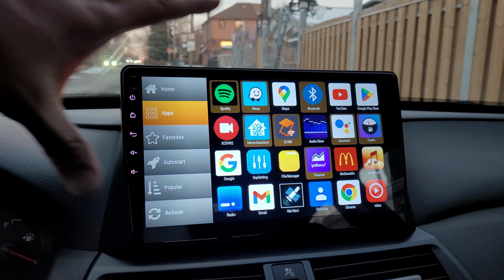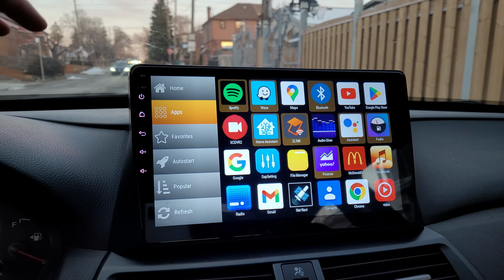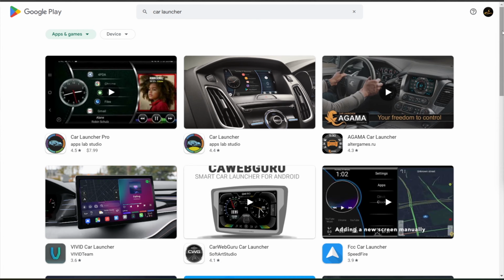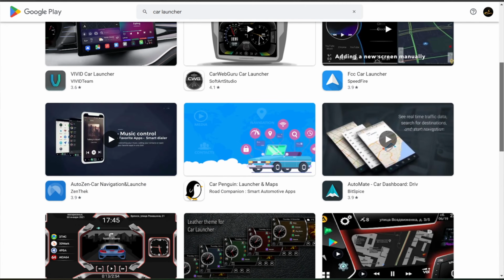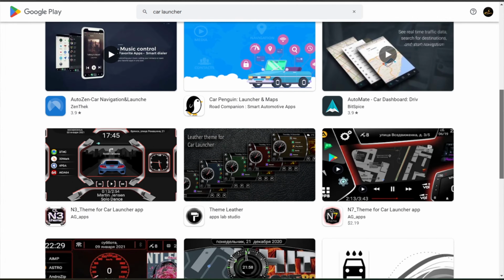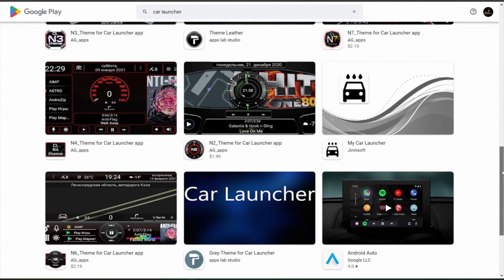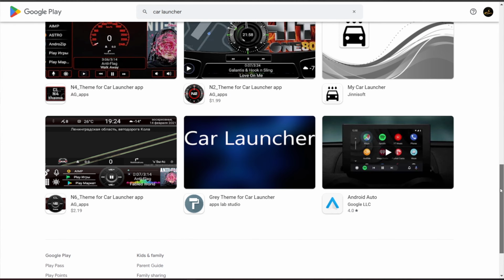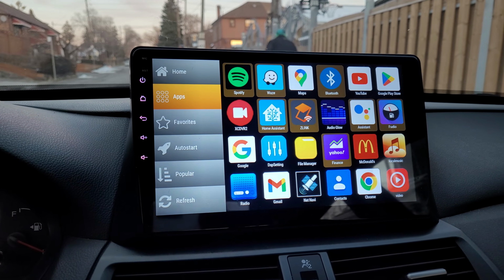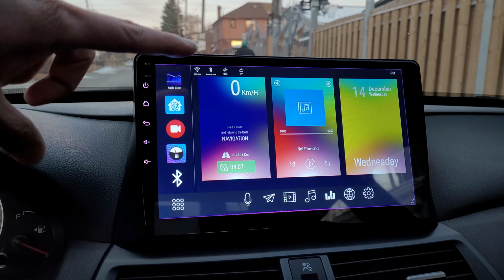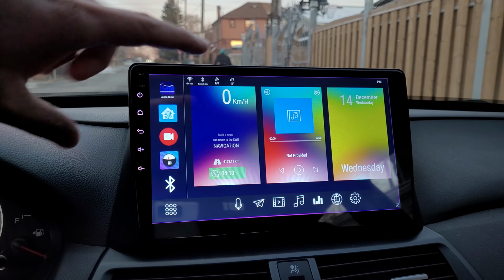First of all, the car launcher. There are so many car launchers on Google Play Store you can download, such as Agama or car launcher, and another famous one, Nova, I believe. But I don't use any one of those. I tried them, but I didn't like them because they don't have the function where you can design your own style for the user interface like this. But this CarWebGuru launcher that I'm using has the ability to design your own user interface,